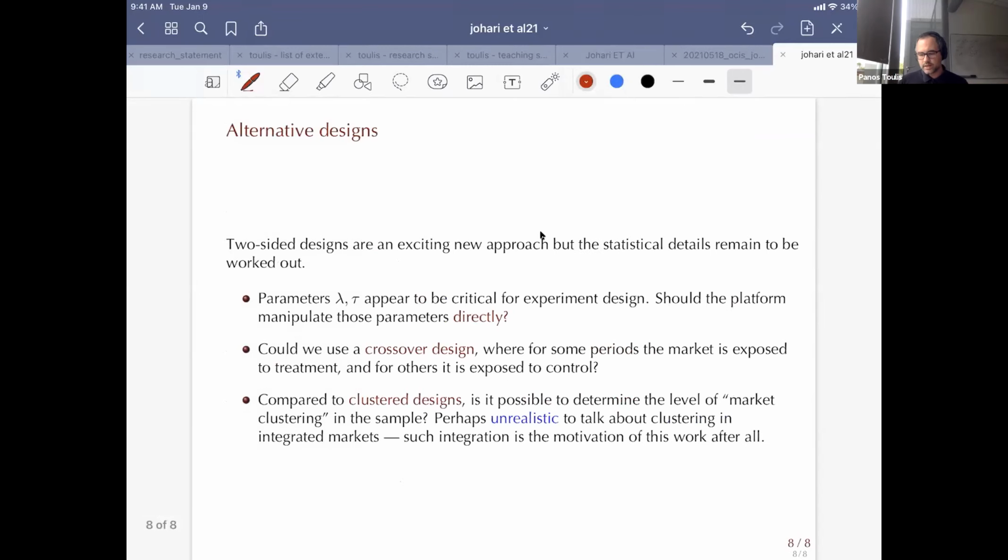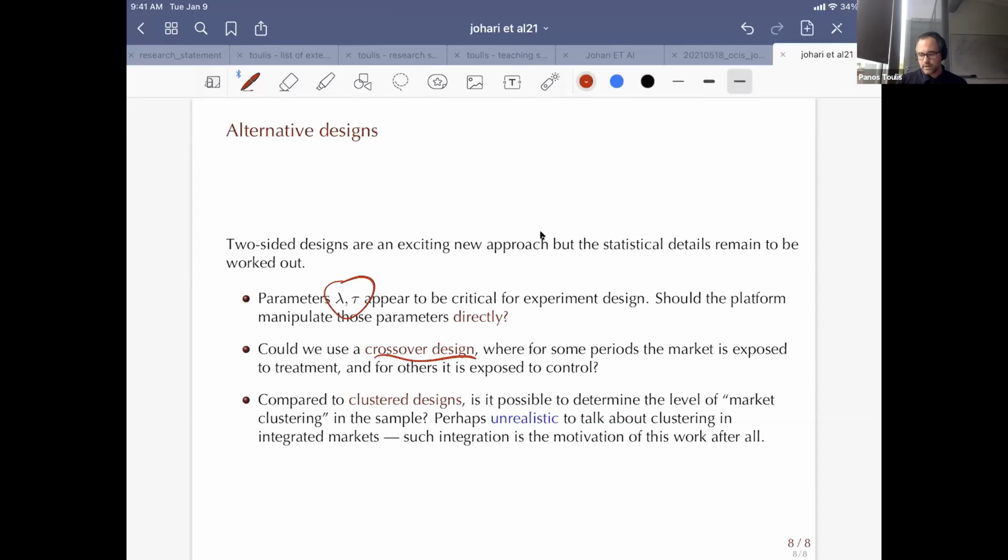And finally, regarding alternative designs, that's something that Ramesh also talked about. These lambda tau parameters are crucial. So can I manipulate them directly, as a platform? Will it make sense? And also regarding these crossover designs, I can put the system in condition 1 and then later in condition 0. Is that better or not? It is reasonable, but is it clear that the TSR design will be better than a crossover design like what